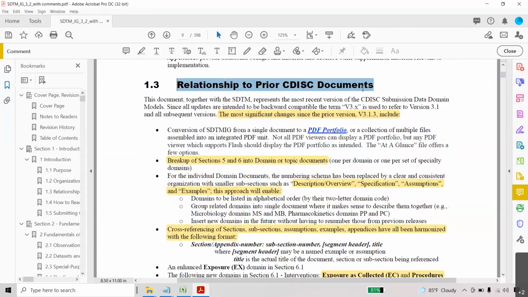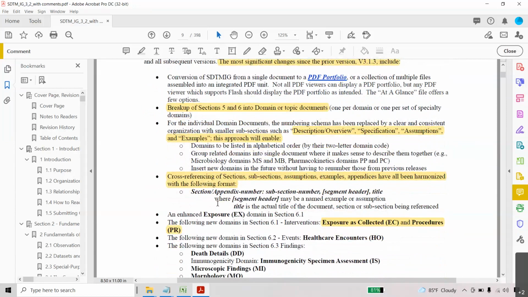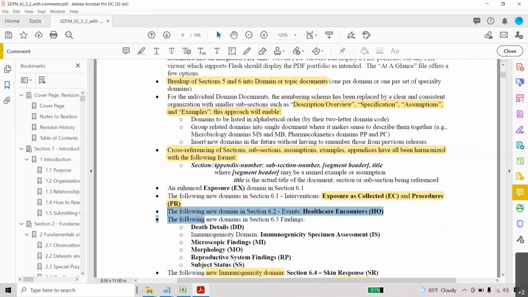Then, relationship to prior series documents. What is this relationship to prior series documents? This version is 3.2, correct? Earlier there was a 3.1.3 version. So how do both differ? What things have been implemented? For example, you see here the following new domains in section 6.3 findings.